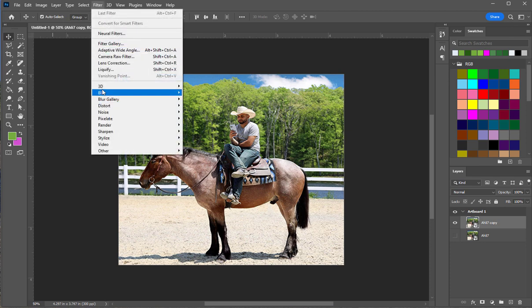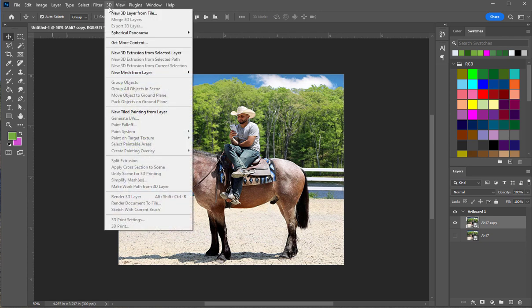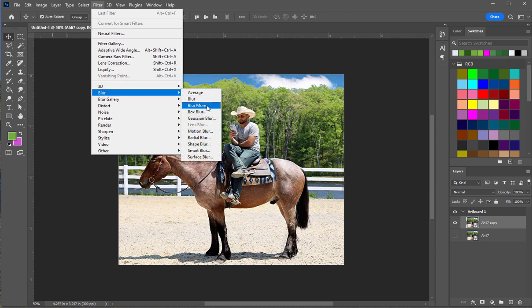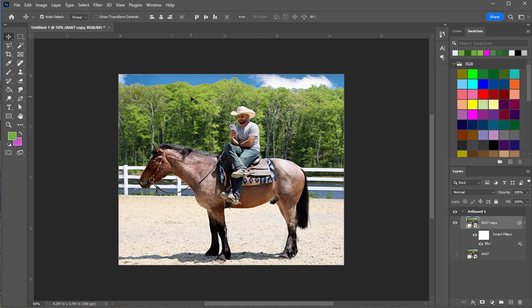First, let's look at the ones that are out here. 3D, I'm going to totally not even get close to it because it's a whole lesson in itself. Like there's a whole 3D tab now. So we're going to skip that, but I'll go into blur, and blur has all these different kinds of blur, and you can look into what they are. But you can hit blur,